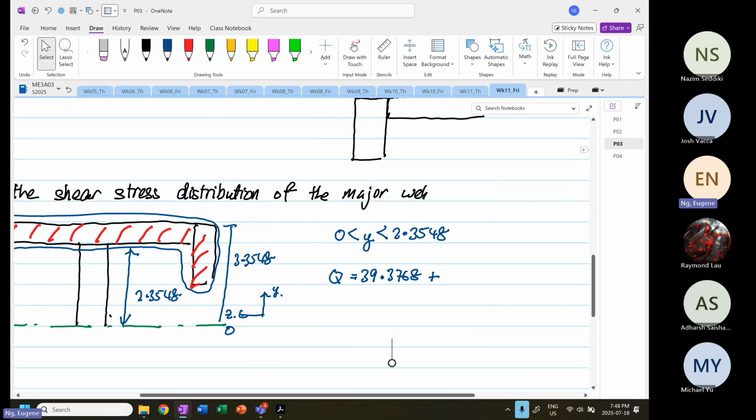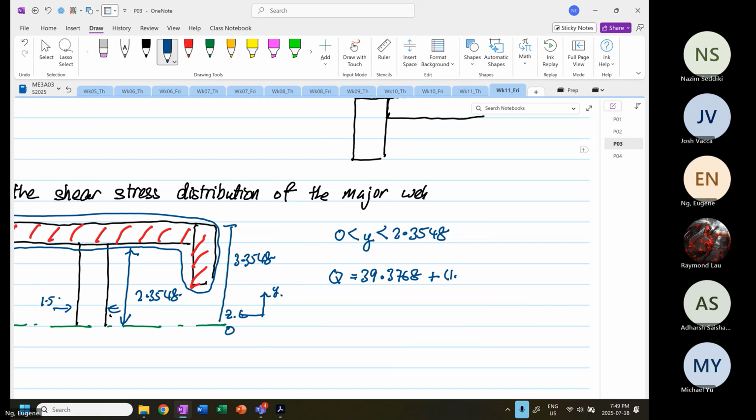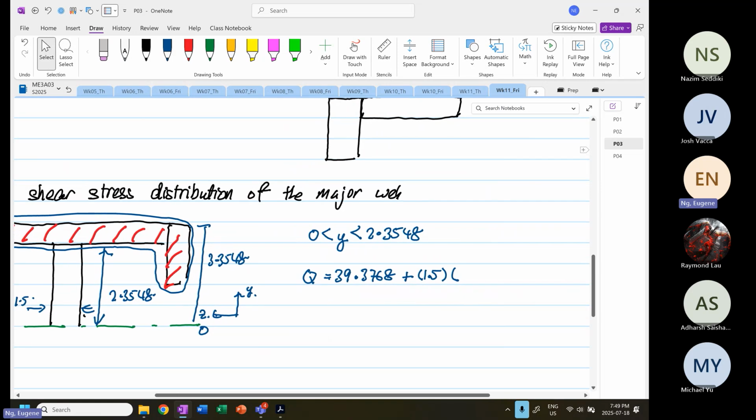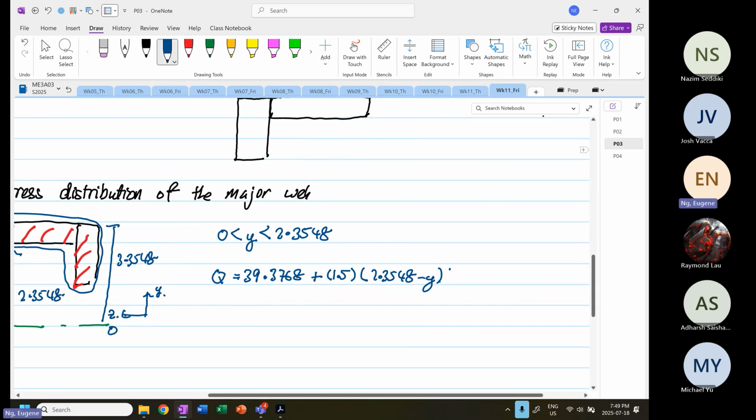Okay, so we know that the width over here is 1.5. The depth is equal to 2.3548 minus y. The y bar is 2.3548 plus y, multiplied by half. So this will be equal to 39.3768